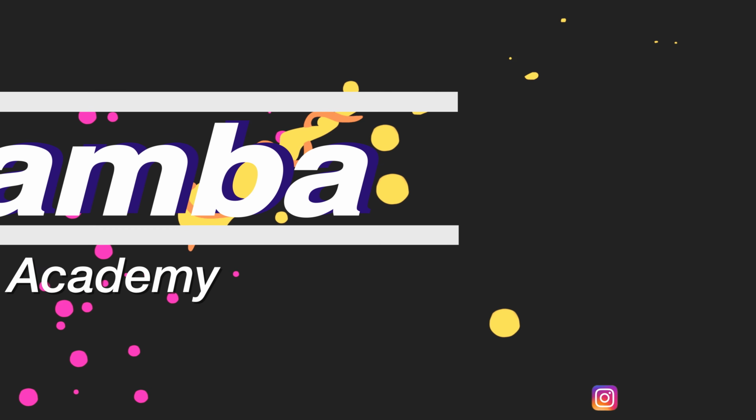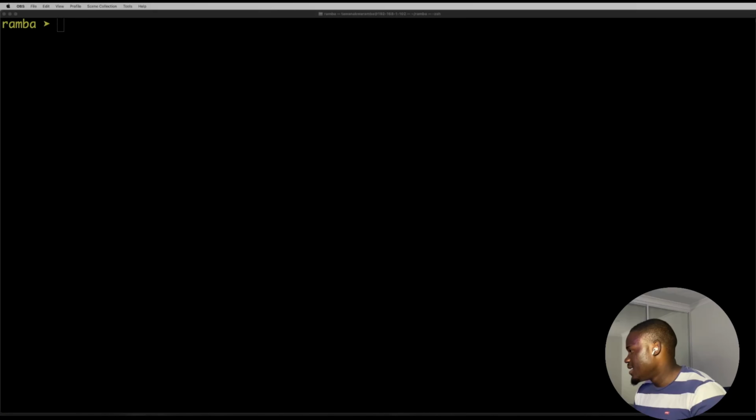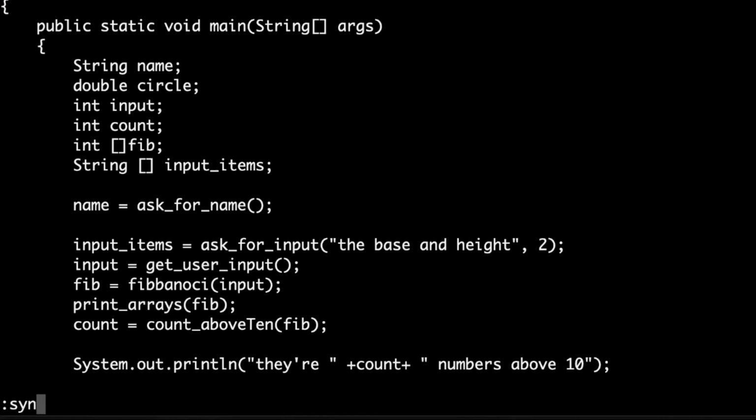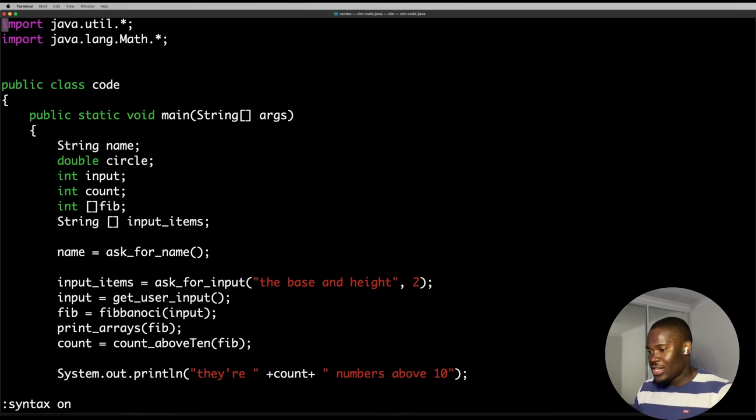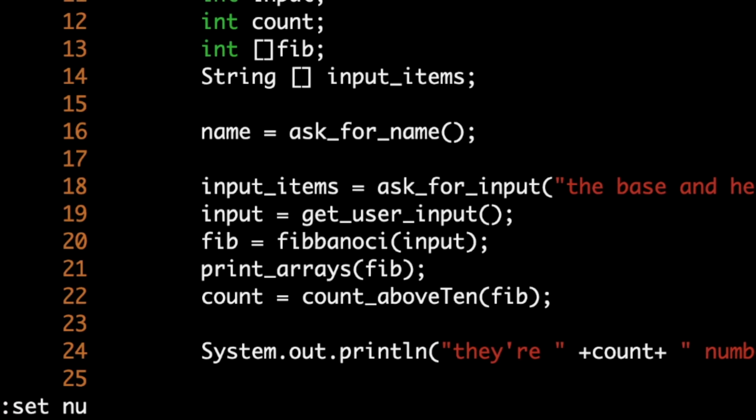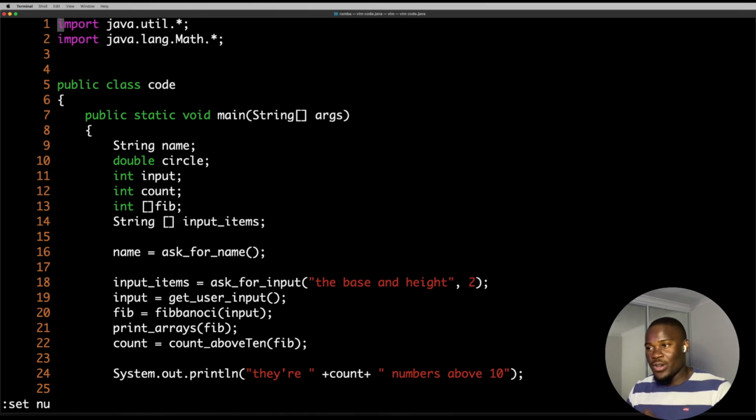Let's jump straight into the video. Now let's open up the file, any file. It doesn't really matter what file it is. Let's turn on some syntax highlighting to make it a little bit easier for you guys to see and read. And let's turn on some line numbers so it's easier to see where I'm talking about and where we are